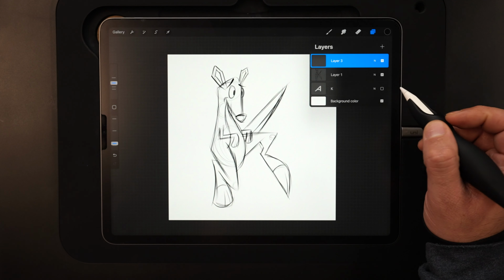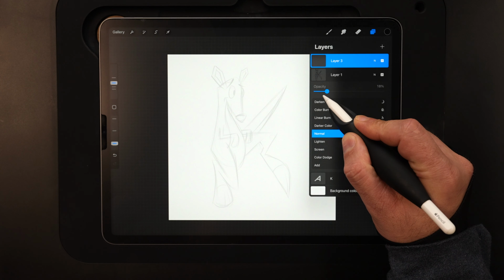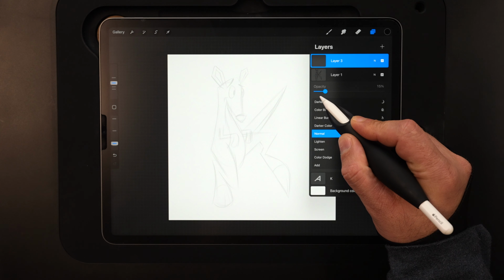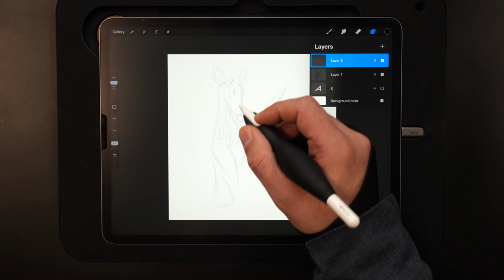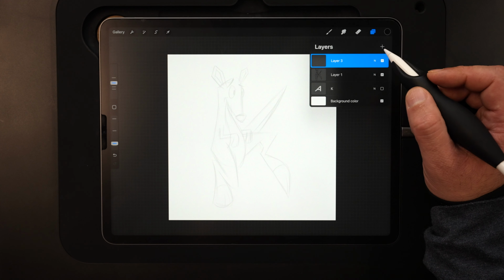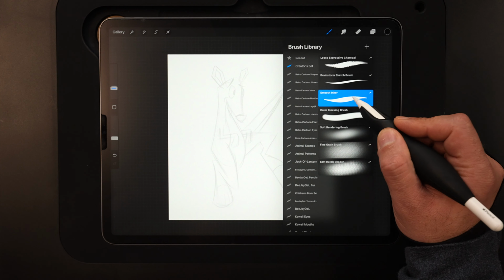To begin, we're going to make a new layer on top of this. I'm going to hit the N for blend mode and drop the opacity down. Do about 15% on this one. Want it to, once again, be there, but not so dark that it distracts us from what we're drawing on top. With that then, I'm going to switch my brush over to the smooth inker here,